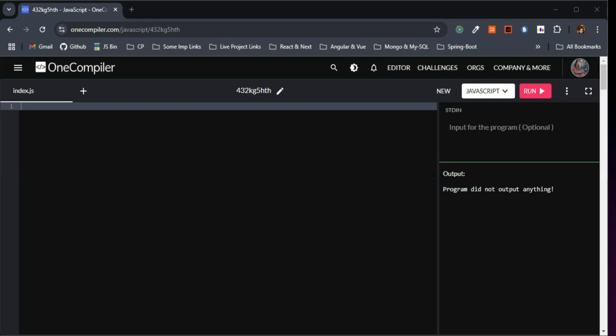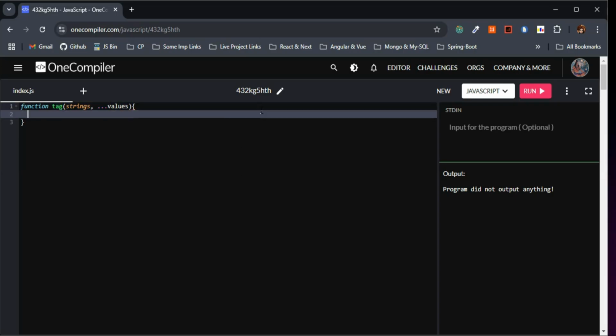First we will see the custom tag function. So I'll quickly come here and write a function. Let me name the function tag. I'll give it strings and also values as parameters. Within the function, let's return